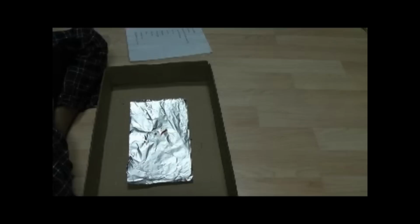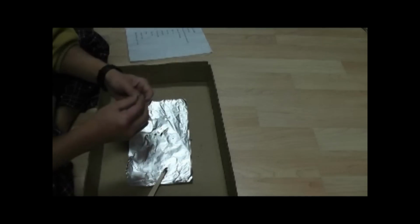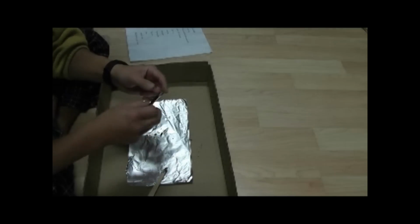So last but not least, where do I have it? Still have it in here? I think I do. I have it in here. I've got what I would like to consider the best homemade tinder, let's say, which is a combination of everything. You've got duct tape on the outside, cotton on the inside, and the cotton is actually mixed with